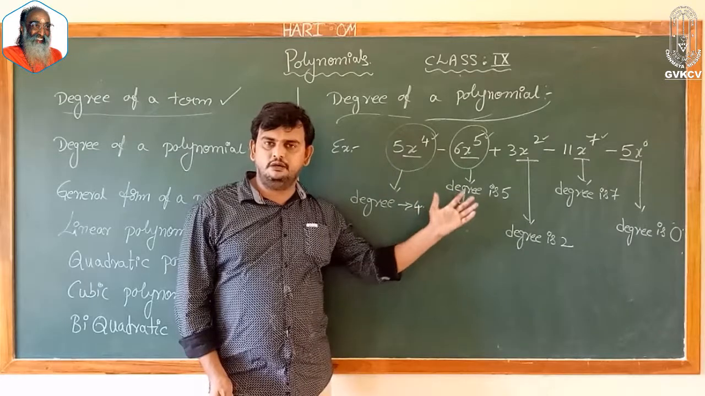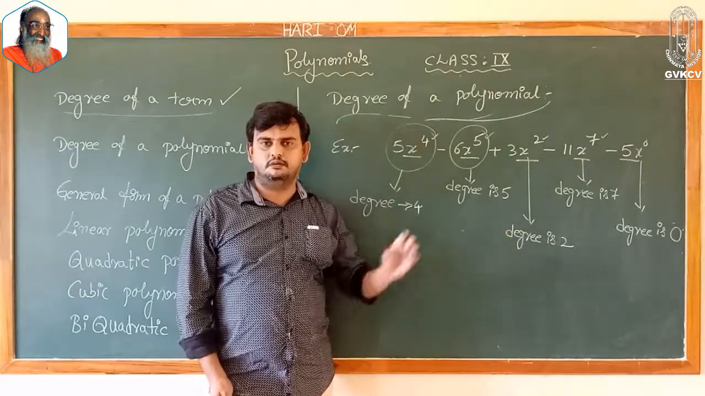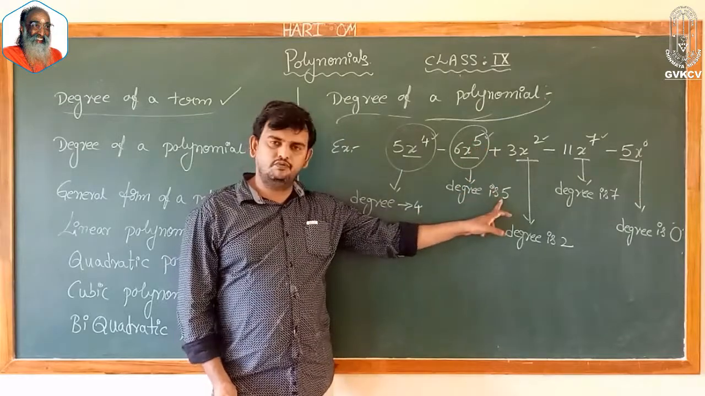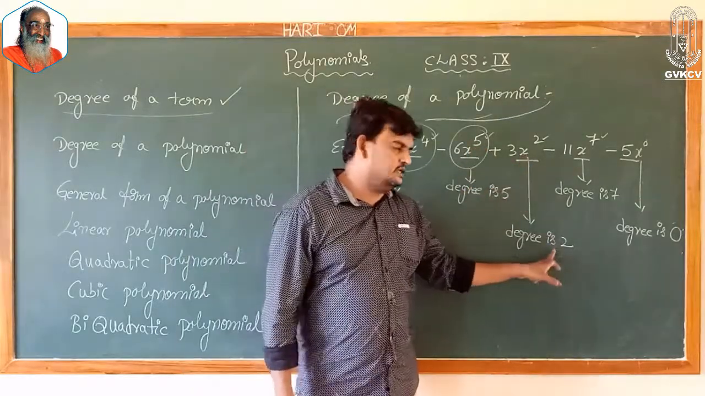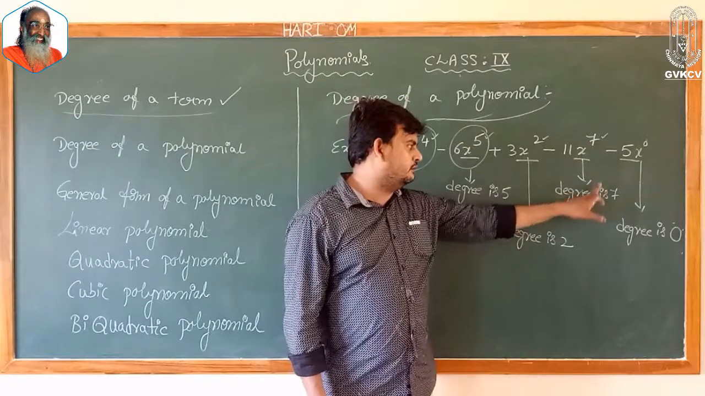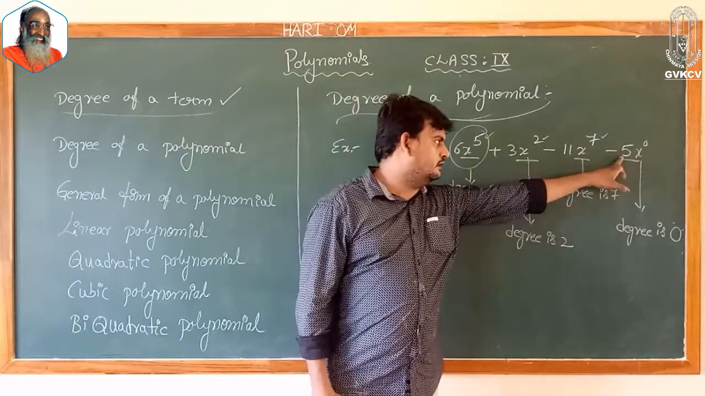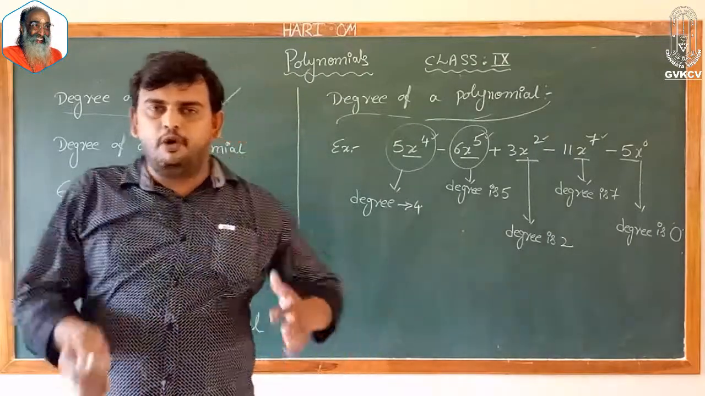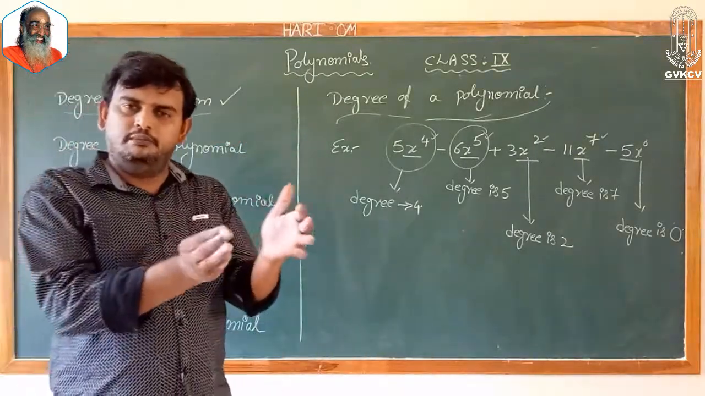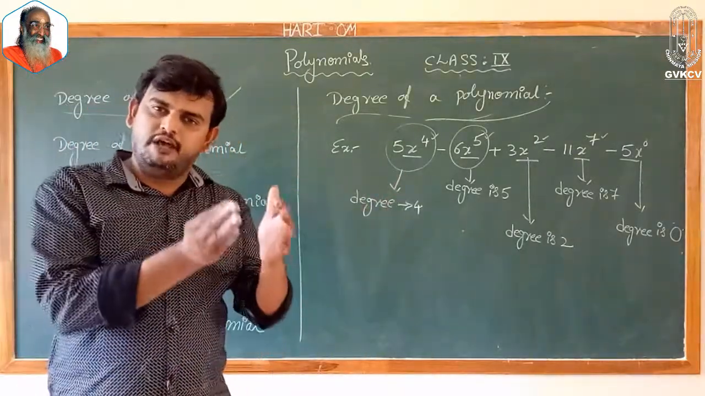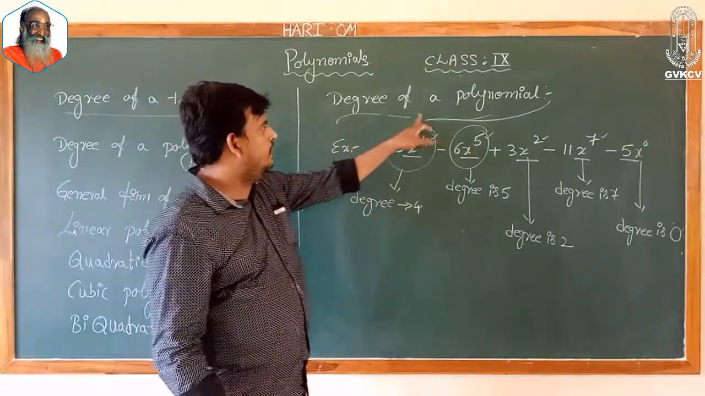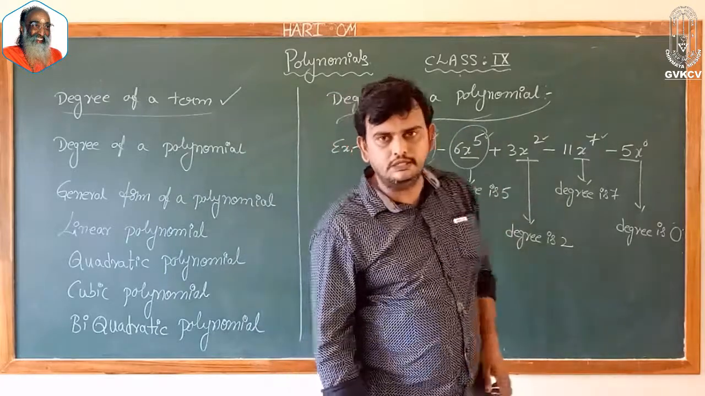Now, I am considering all the degrees. The first term degree is 4. The second term degree is 5. The third term degree is 2. The fourth term degree is 7. And the fifth term degree is 0. So, polynomial is nothing but the combination of terms. For every term we have a degree. Now, degree of a polynomial means,